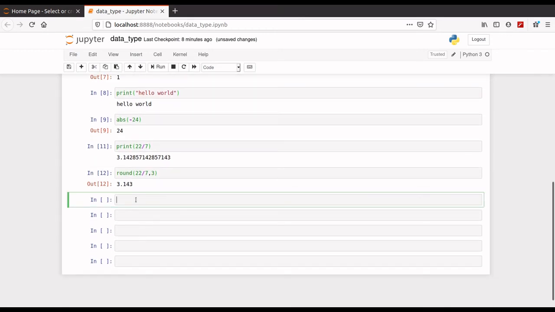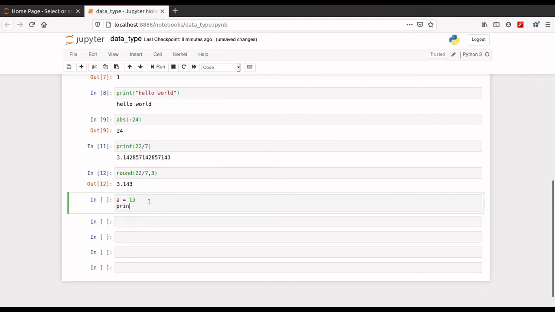So now let's see how to define or declare variables in Python. If you want to declare a variable in Python, then you don't need to type its data type like in other programming languages, CPP or C. Here just make any variable and just assign its value, and your variable is created.